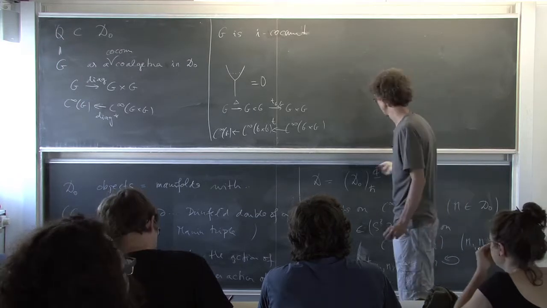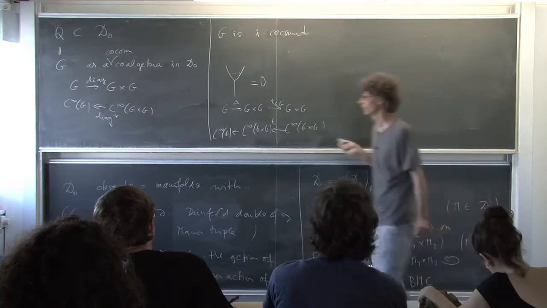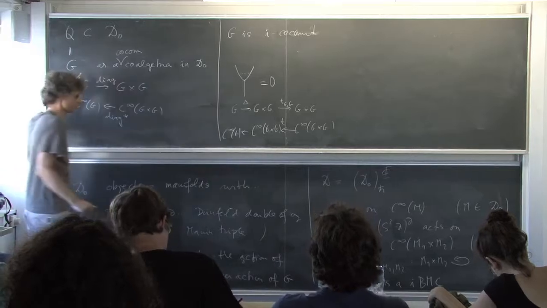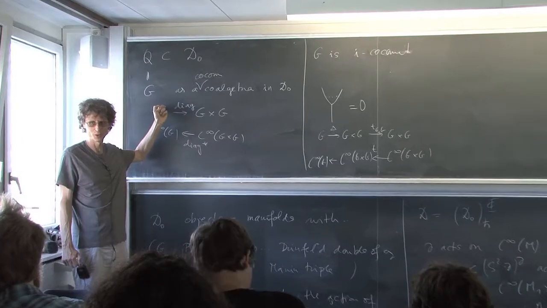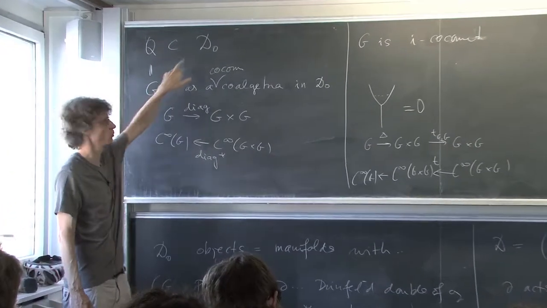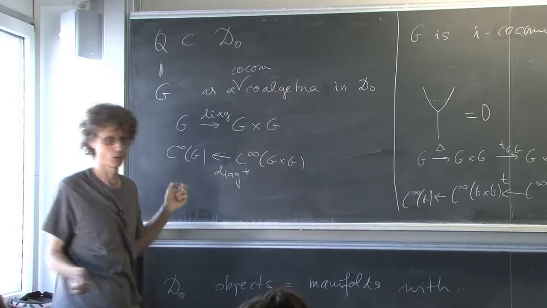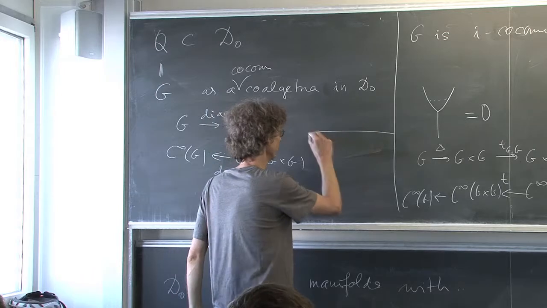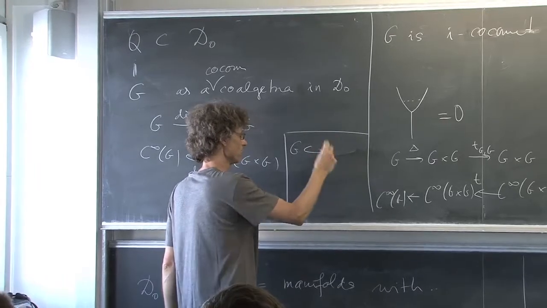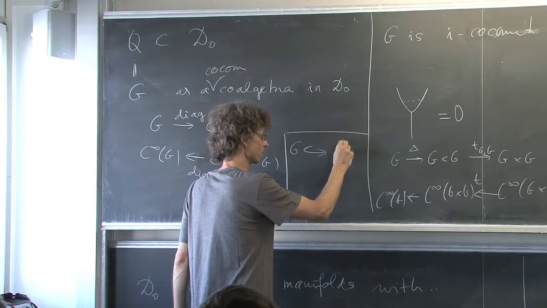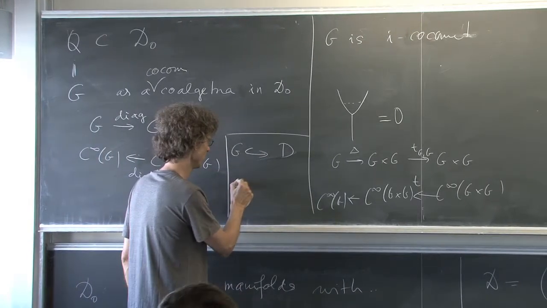coming from the action of D. Yeah, I forgot to tell you something. I told you long ago, but I should remind you: in what sense is G an object here? It should be a manifold on which D acts. And how is it that D acts there? The idea is that G sits inside of D, and then when we look at what happens with this map